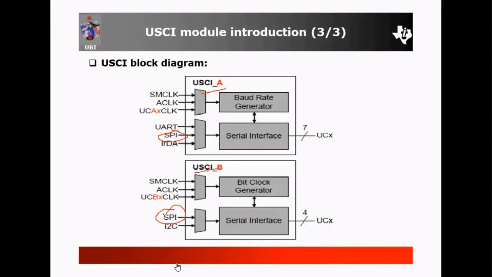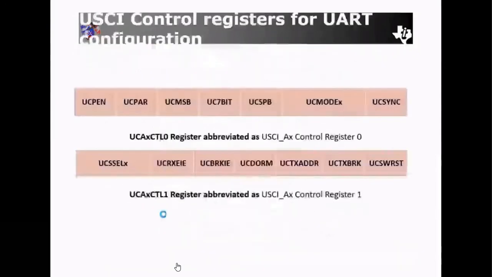So when using SPI mode, you can use either the USCI A block or the USCI B block to configure the USCI module in SPI mode, or you can use both blocks. That's why there are two blocks.